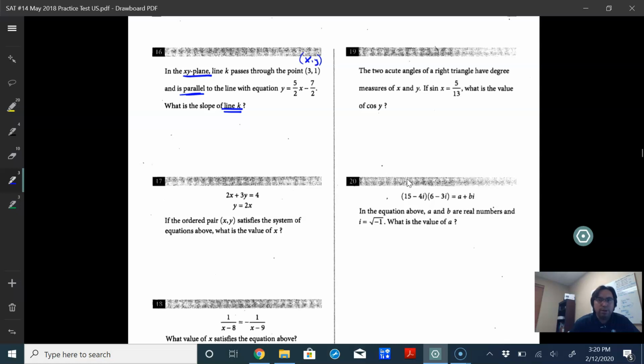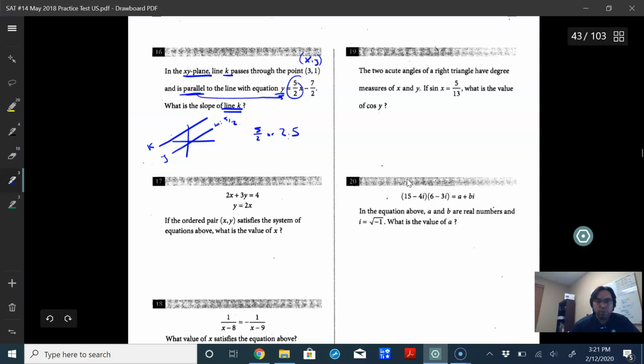If the lines are parallel, and so if line K is parallel to this equation, then we know the slope is 5/2, a positive. And so say this is line Y, then line K has to have the same slope as this one, which is 5/2. So for this reason, the answer choice has to be 5/2 or 2.5. So quite honestly, there's no work. We can see that